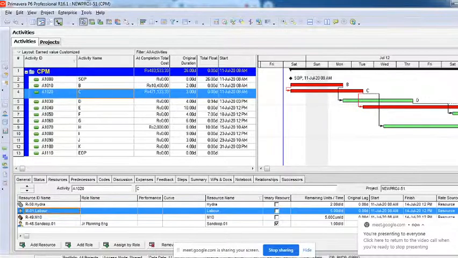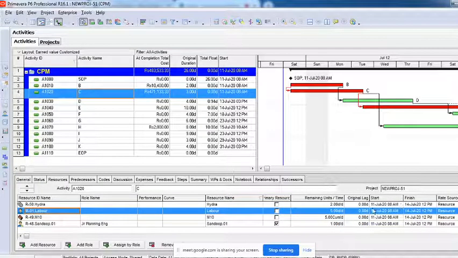Okay. Now, units per time into duration is equal to work. That is how the work is calculated on these activities also. Assume I need 5 laborers to complete this activity from 11th of July to 14th of July.